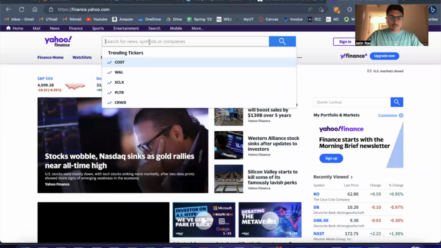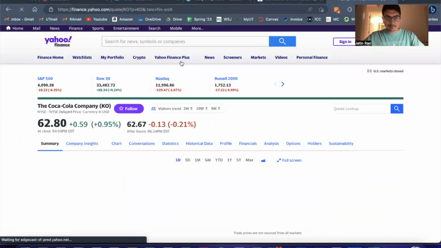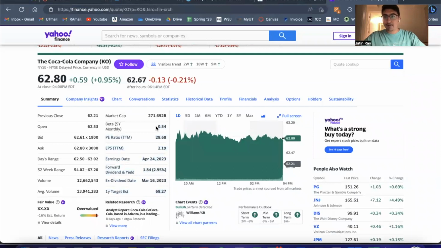And you can go to KO, type in the ticker or just type in the name of the company. And that will tell you the 5-year monthly beta. For Coca-Cola, that's 0.54. So this means that if the stock market increases by 10%, Coca-Cola increases by 5.4%, which should make sense because